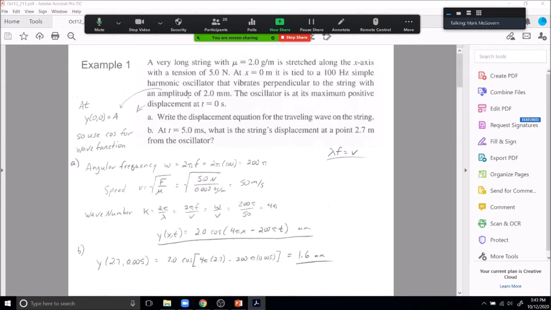It's fantastic. The oscillator has its maximum positive displacement at x at t equals 0. That means we're using a cosine function for the wave function because that last sentence is an initial condition, and either you incorporate a phase shift or you use the cosine, because the cosine at x equals 0 and t equals 0 with no phase shift,